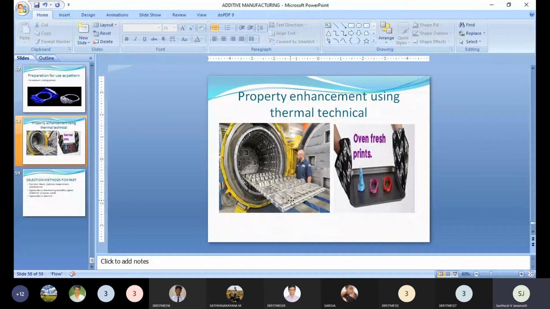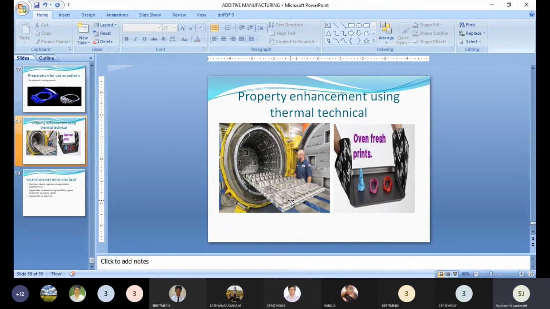That's why we need to put them through a small amount of thermal technique or thermal heat treatment for enhancement of mechanical property. After the heat treatment, you can check the physical and mechanical properties of the 3D product. Definitely it will be improved. We can improve the mechanical properties. I hope you understand these are the 7 steps involved in additive manufacturing post processing. In additive manufacturing, these are the 7 post processing steps which we need to take.